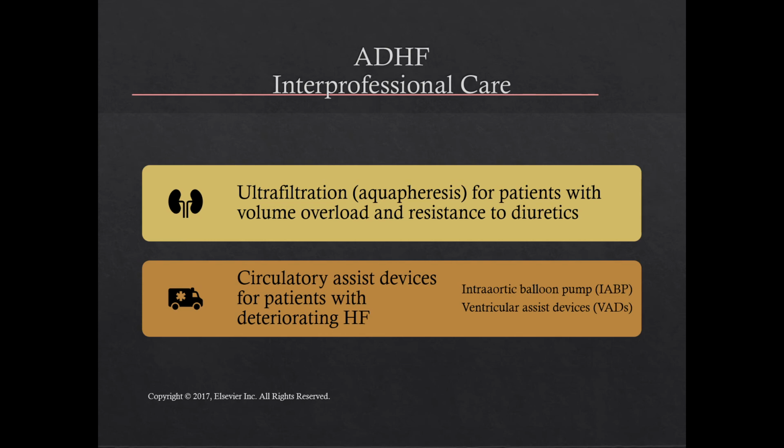So for acute, there's basically ultrafiltration or aquapheresis if there's volume overload, and that's basically removing excess of salt and water from the patient's body. In the ICU, they may use other circulatory devices like the intra-aortic balloon pump, which increases coronary blood flow to the heart muscle and decreases the workload of the heart. So that's a really good thing. So they'd have to be in an ICU for that. And the IABP,